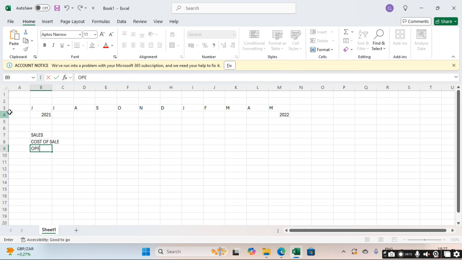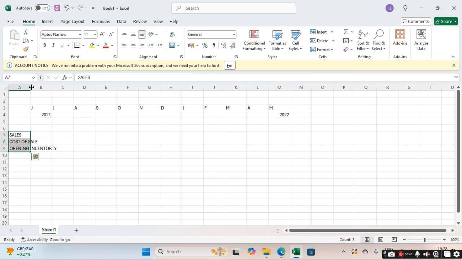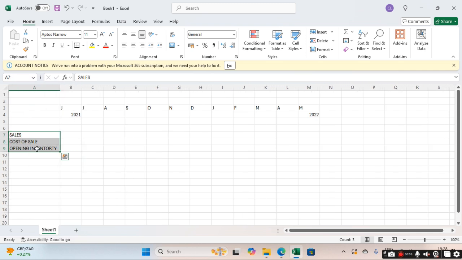So assuming that we are doing periodic, we have opening inventory, then we also have inventory, and then we also have purchases,